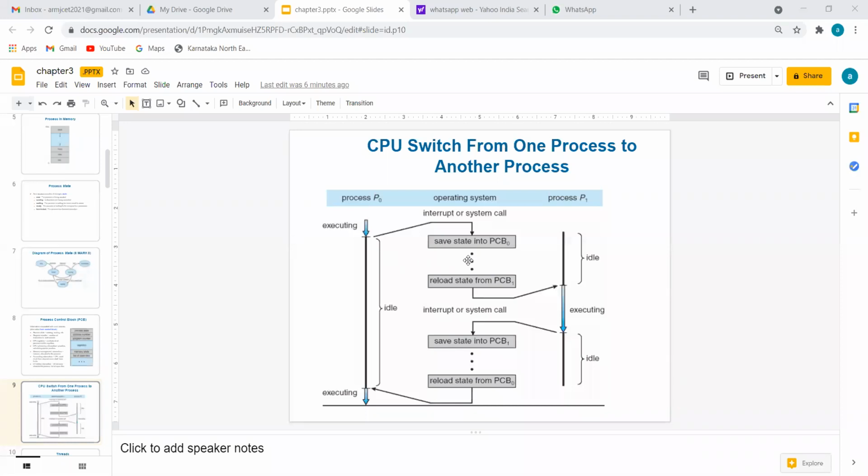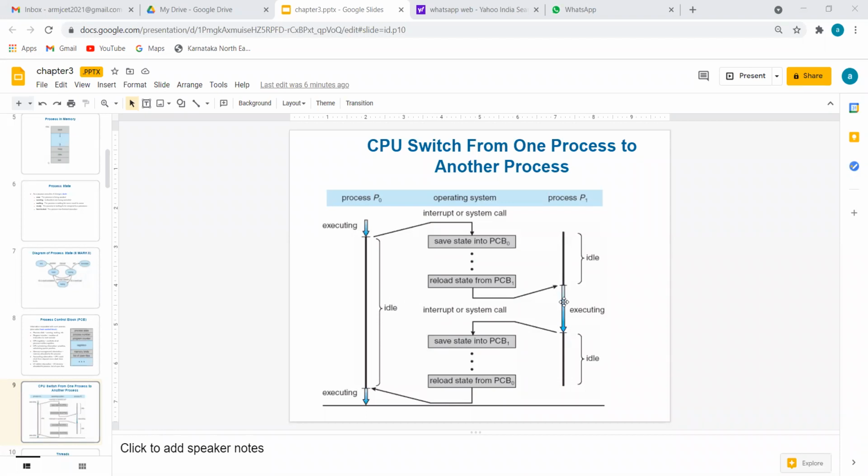Because my process control block 1 is speaking with a friend. It is not connecting with a friend, it is speaking with my friend. Then what happens? By this time I have pressed the green button. In this row where I am moving the cursor horizontally, which process control block executes?